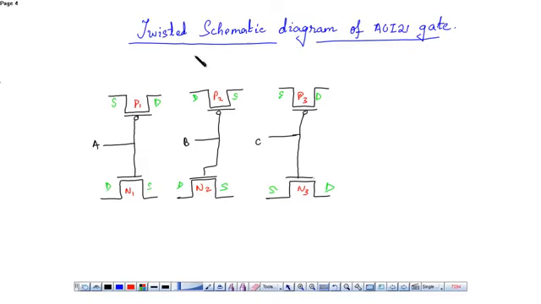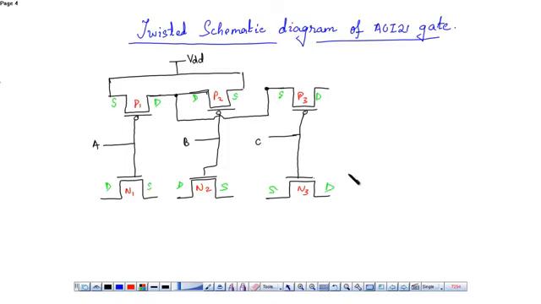Now I have to keep telling the normal schematic. So you know the first 2 PMOS were in parallel, so their sources are connected to VDD. Sources are connected to VDD and the drains were connected together. Now this common connected drain was connected with the source. Now this drain was connected with